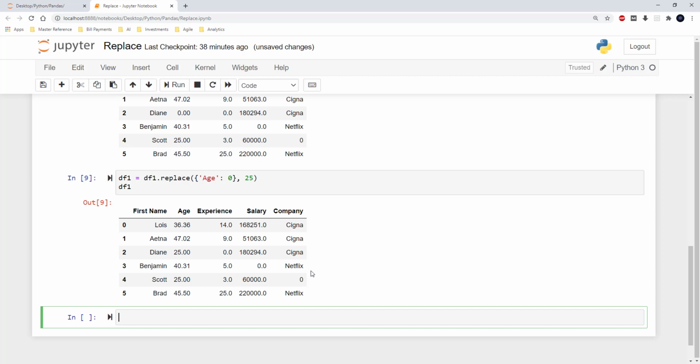I can also choose multiple columns in the same dictionary format and replace the values in those columns with a specific value in a single stretch.